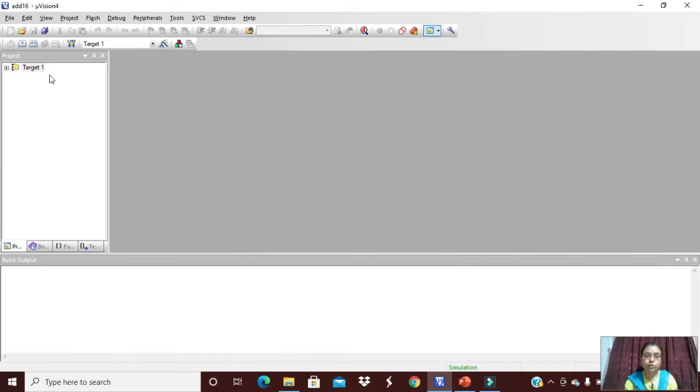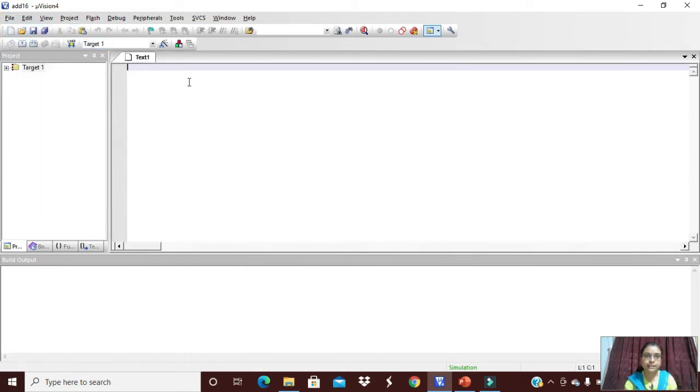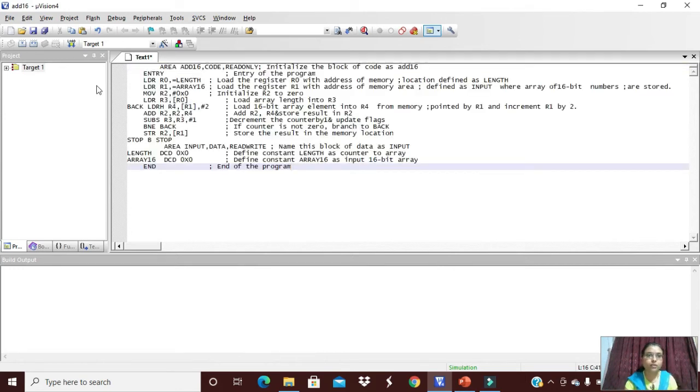In order to write the program, we want an editor window, which should be taken from File, New. So this is an editor window. Here we have to type the program. I have explained the program, so I'll just copy that program here. This is the program I have explained previously.